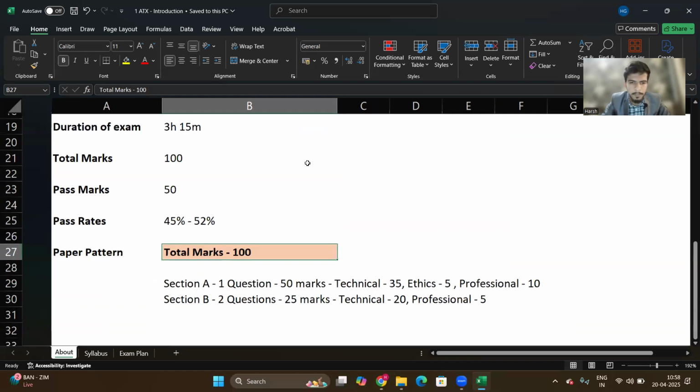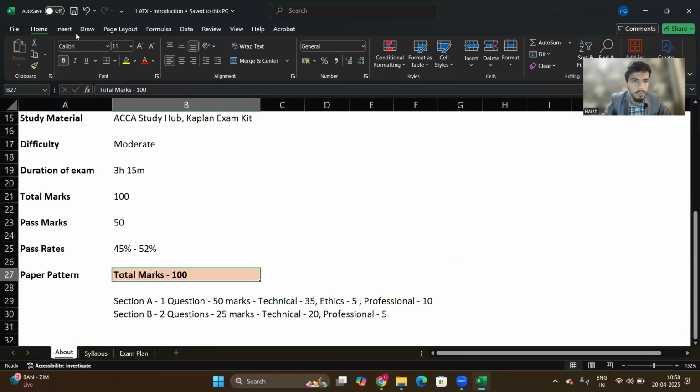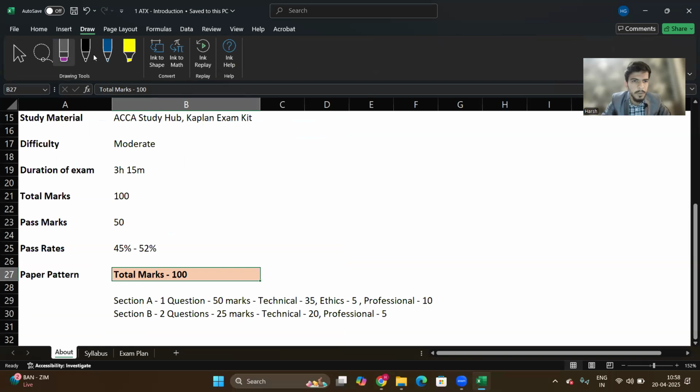The paper pattern, let me show you. Okay, how this 100 marks is bifurcated. So for 100 marks, you need to have a 50 marker question, 50 marker question, and